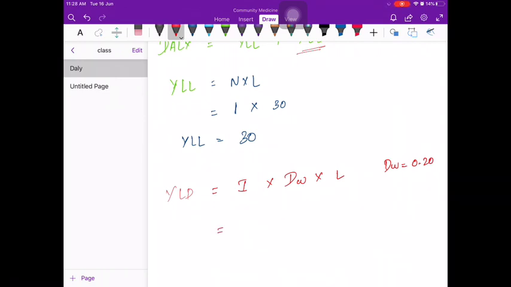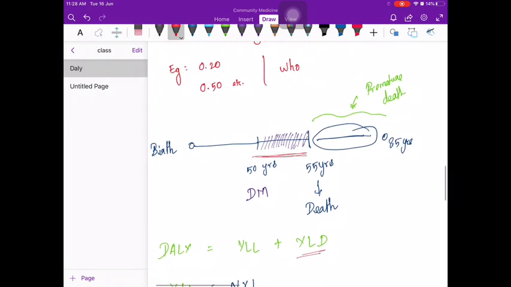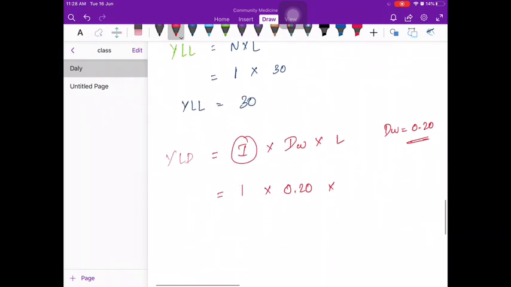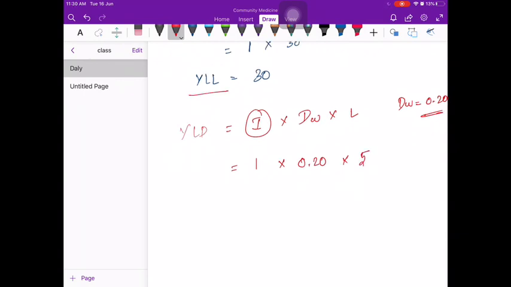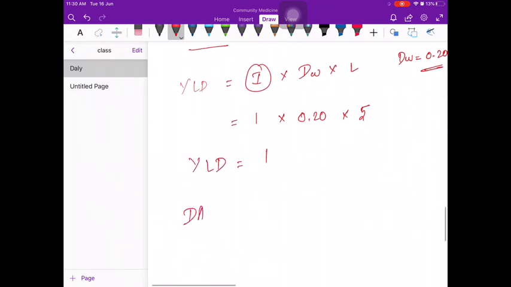Here we have taken a single person as an example, so the incidence, that is the number of disease cases, will be 1, multiplied by the weighting factor for diabetes, that is 0.20, and the average duration. The duration the person had diabetes is 5 years, so multiply by 5. Finally we get YLD as 1,